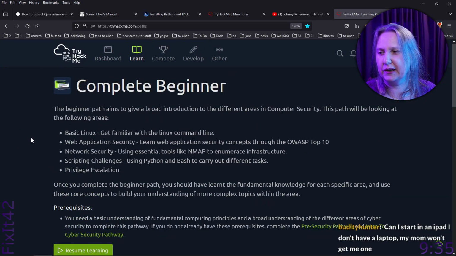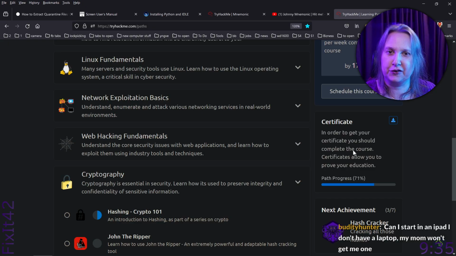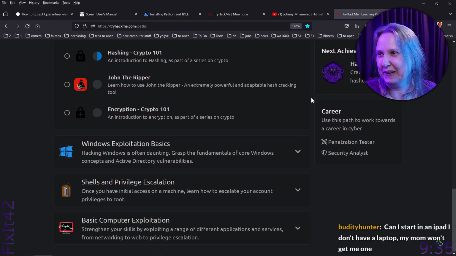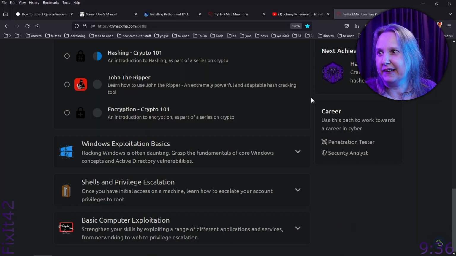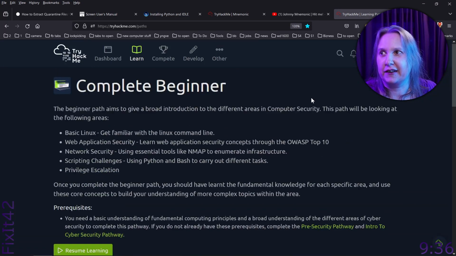And you can also get these, like I said. Can I start on an iPad? I don't have a laptop. My mom won't get me that one. It'd be kind of cool if you're 15, I imagine. I'm just scrolling up in the text chat. Yeah, you're 15, so I didn't say the wrong age. That could be annoying at that age, I know. I've got a soon 14-year-old and a 16-year-old, so this will be a great start. And on YouTube you can find lots of things too.